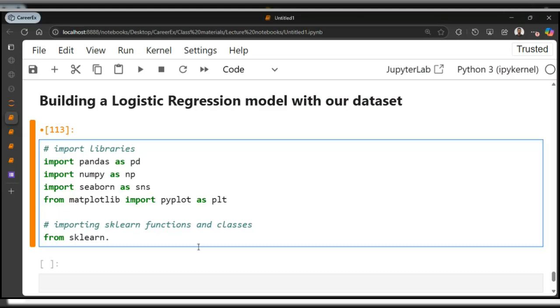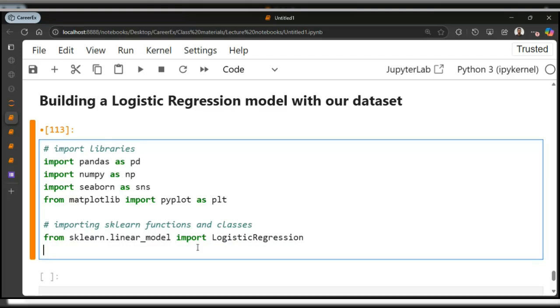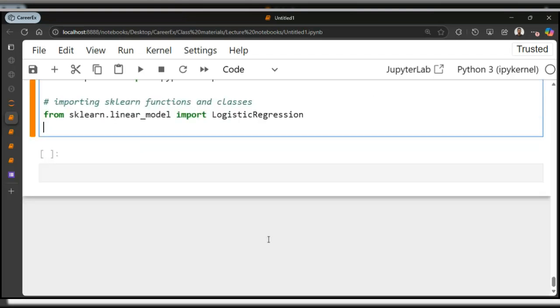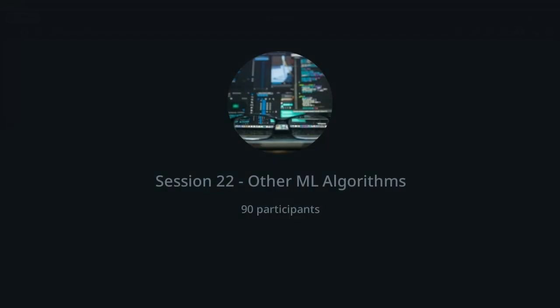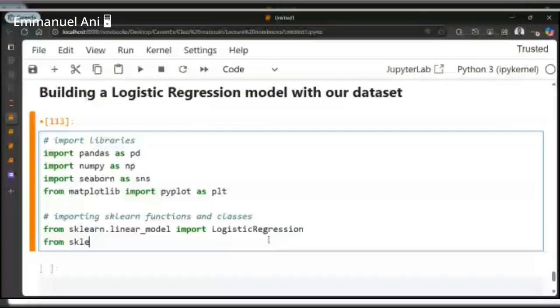So come and say from sklearn.linear_model import LogisticRegression. So obviously I'm doing a classification, so I'll need metrics like accuracy and stuff. So I'll just say from scikit-learn, what module do I import my metrics from? What module will I import my metrics from?